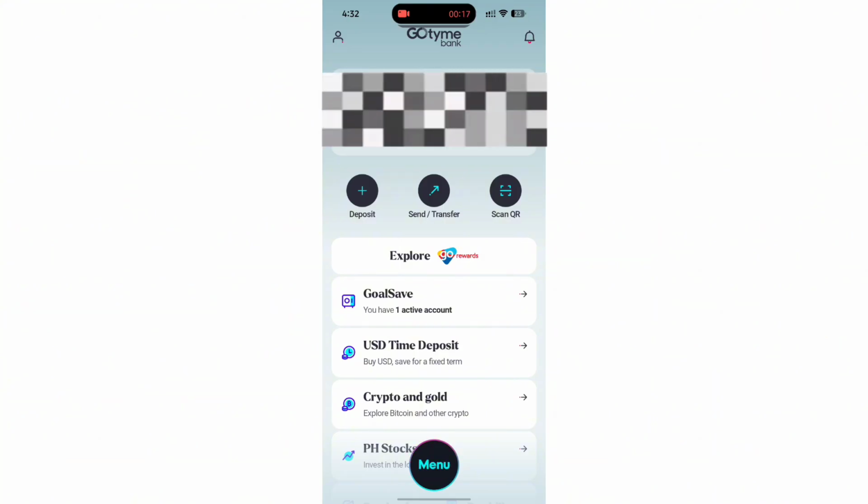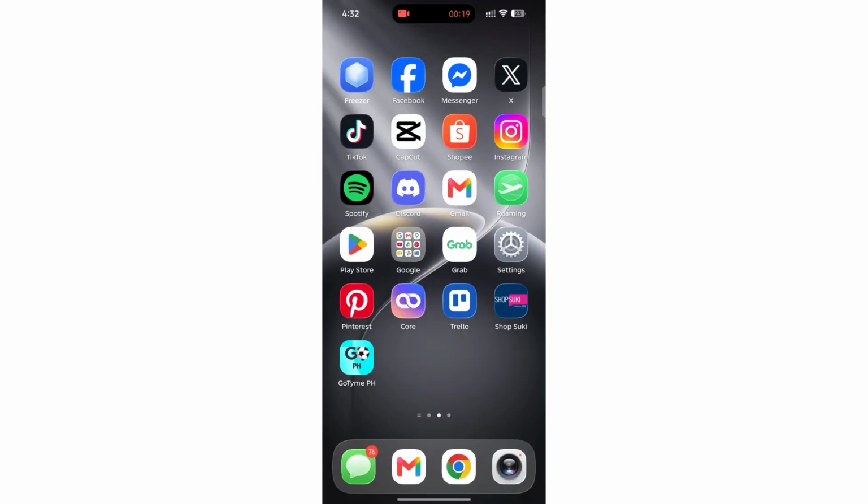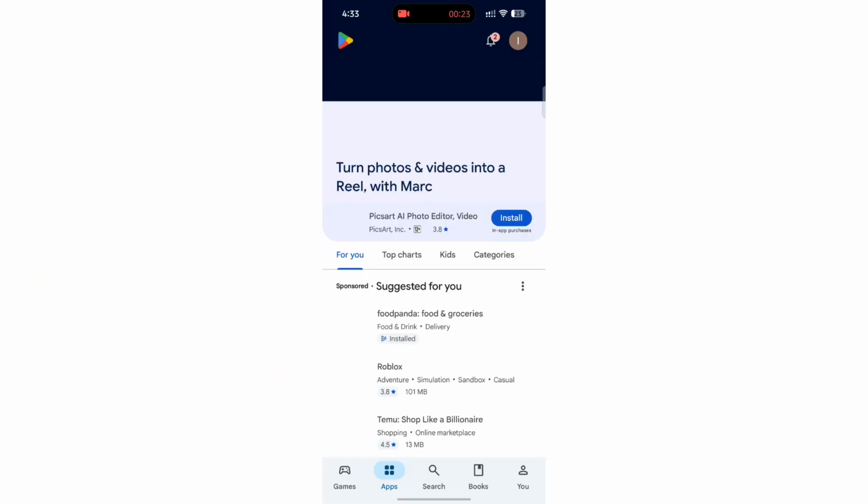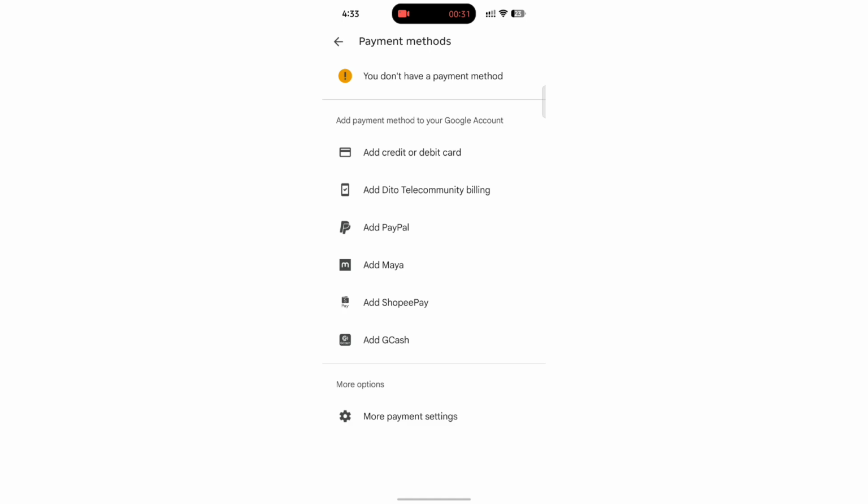So for example, if you have connected it on your Google Play Store, go ahead and open up your Google Play Store, and then from here, click on your profile at the top right, and then select payments and subscriptions, select payment methods, and then go ahead and click on your linked GoTyme Bank, and then you should find the cancel or remove button from there. So simply remove it from your payment methods for your Google Play Store account